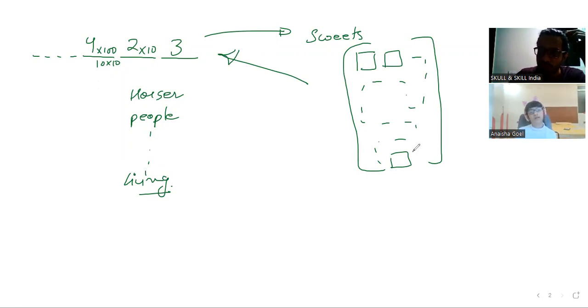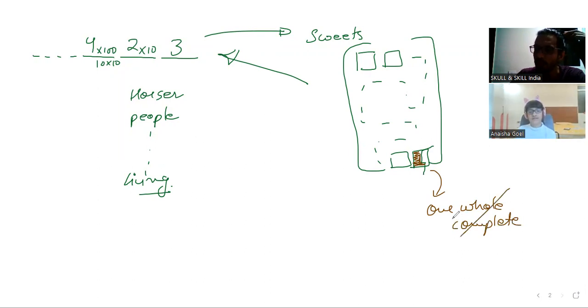But what if there's this particular sweet at the end which has been broken? Like this. Only this part is there. Can you say that it is one whole complete sweet? No, you cannot. Can you say that it is 0, as in it is nothing? No. Only a part of it is there, right? Yes. If you think about it,